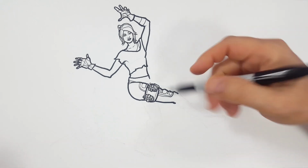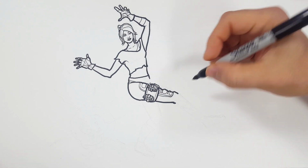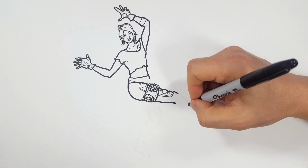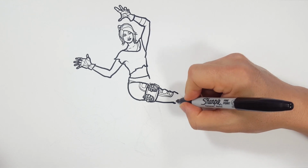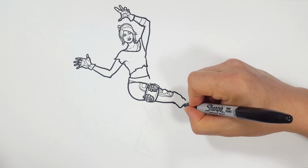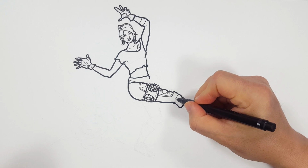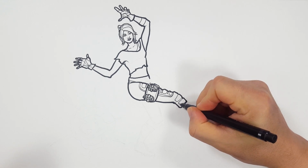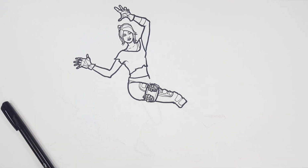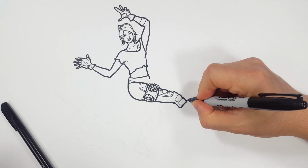All right, so let's draw this knee down to the boot, and it's just a simple. Oops, I lost my picture here. Just a simple texture. It's just regular old boot. Okay, so there is more of that going down. So I'm just going to do one more like that. Bring this over to the boot. There, into the boot. And then let's see, there is some straps going across, so